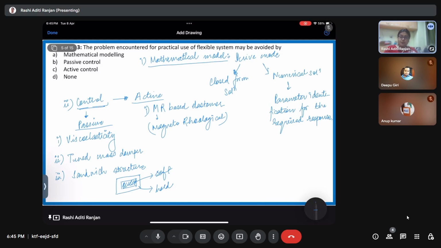Now if I change its properties, the range of vibration that it can encounter or the range of movement the material can show me would change, right? So that is what it is. And the second one is going to be